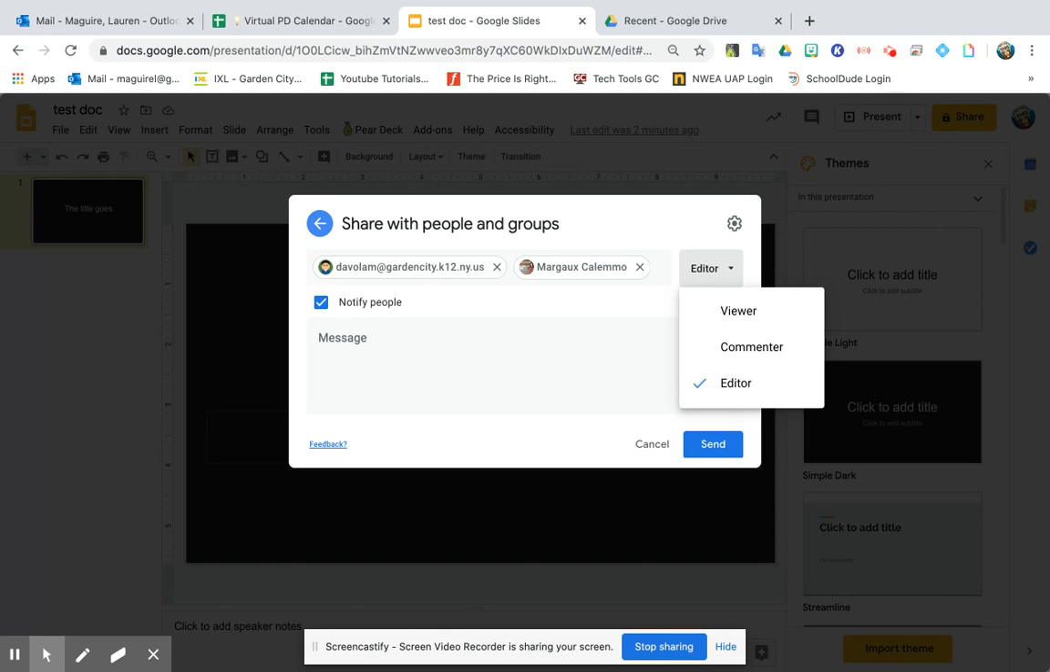If you don't want them to do that and you just want them to view it, then you would change their ability to view. So this allows them to view the document but not make any changes to it. The third option is commenter, and that would allow them to view it but be able to add at least comments to the side of the page where they have questions about something or anything like that. We don't often use that, but if you're sharing with another teacher, your first choice would be to share them